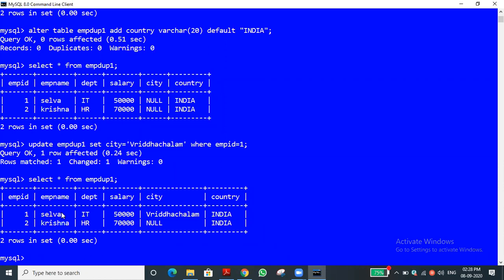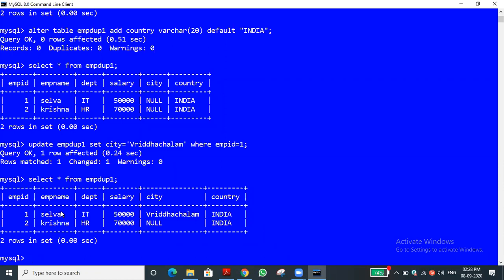With SQL, the dangerous thing is that the data will be changed based on the condition we are giving. So we must be very careful how we give the data. That is very important. Have you understood?